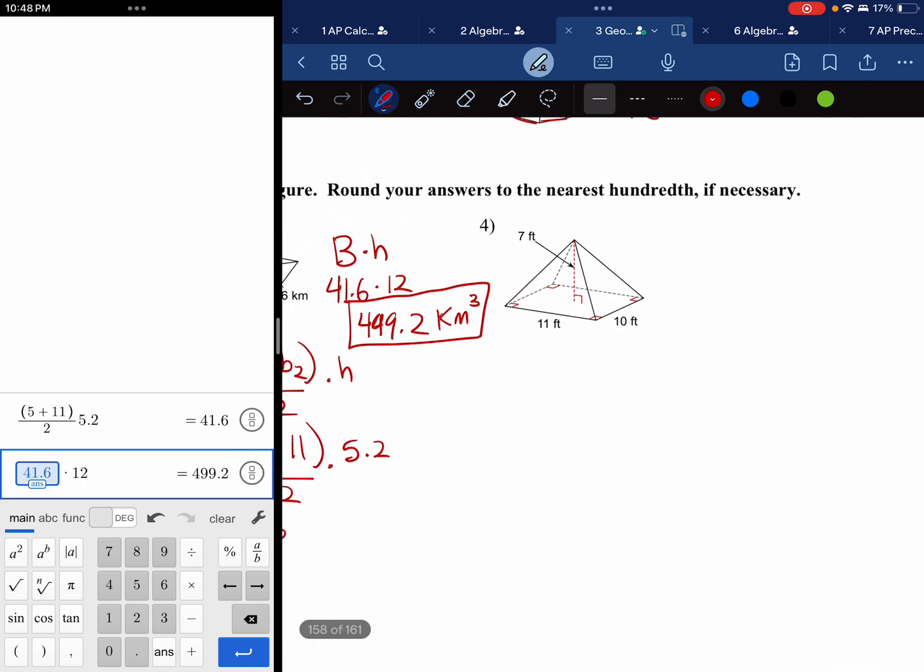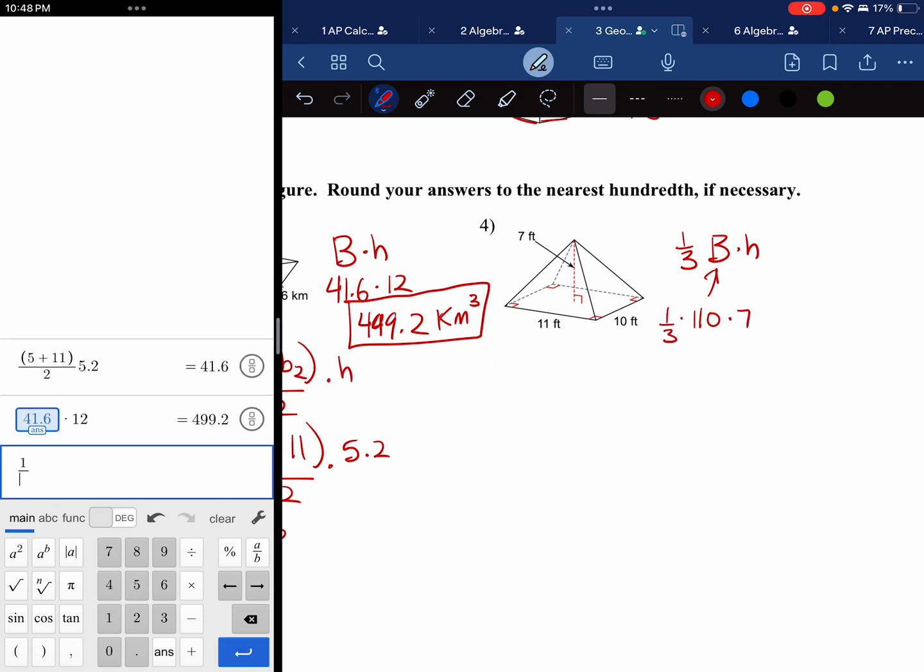Pyramids always have this formula that's 1/3 of the base area times the height. So the base area here is kind of easy. It's going to be 11 times 10, so this is going to be 110. And then the height here is 7, so times 7 and times 1/3, and we're basically done. So I'm going to say 1/3, and then we're going to multiply that by 110, multiply that by 7, and we get